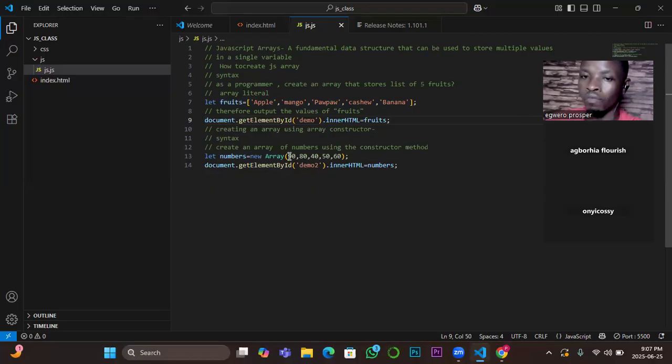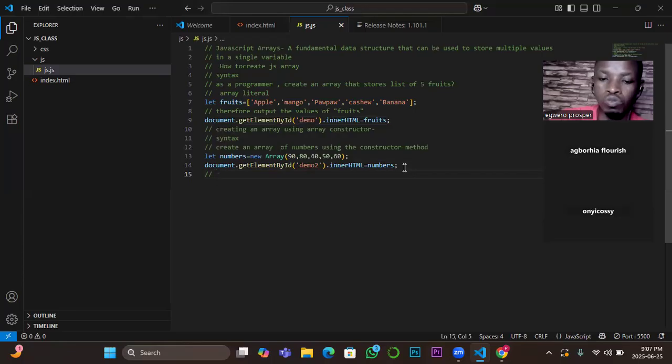This new is like a keyword that accompanies the declaration of the array itself. It must be there if you are using this constructor method. Exactly. Yes, sir. Okay, so the next thing we want to learn now is